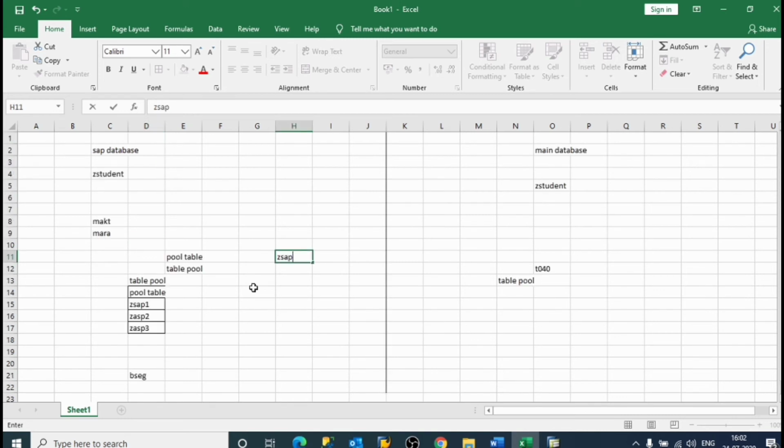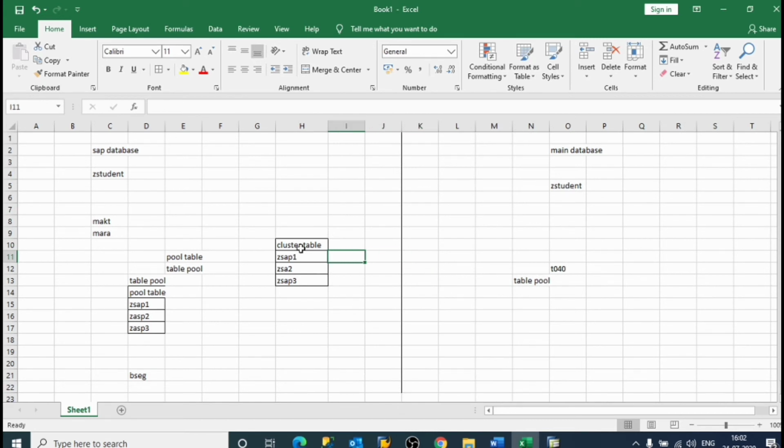Suppose I have created three cluster tables in the SAP database: ZSAP1, ZSAP2, ZSAP3. Now all these three tables are stored in a single table, which is called a table cluster.